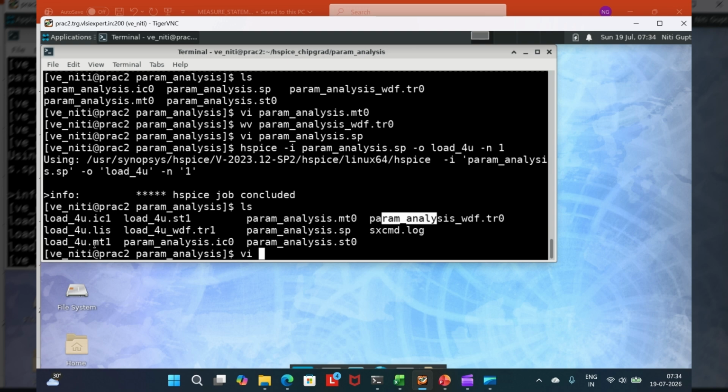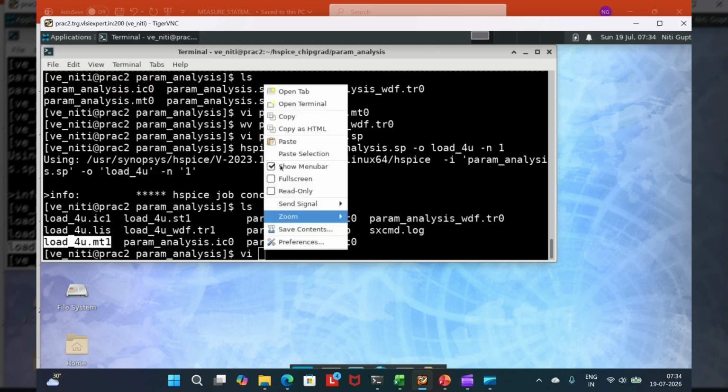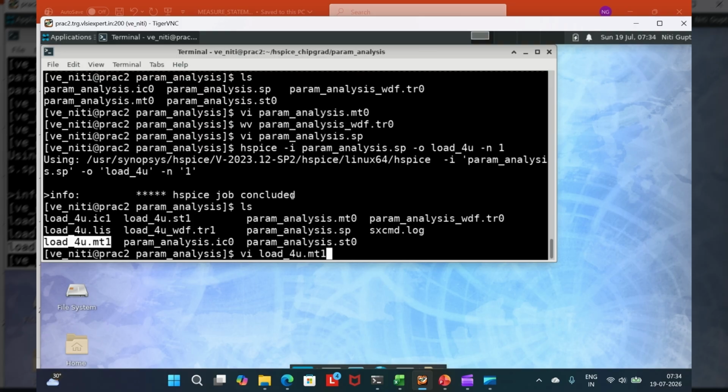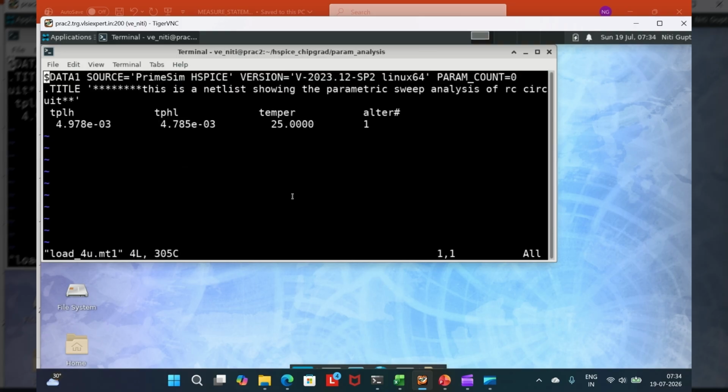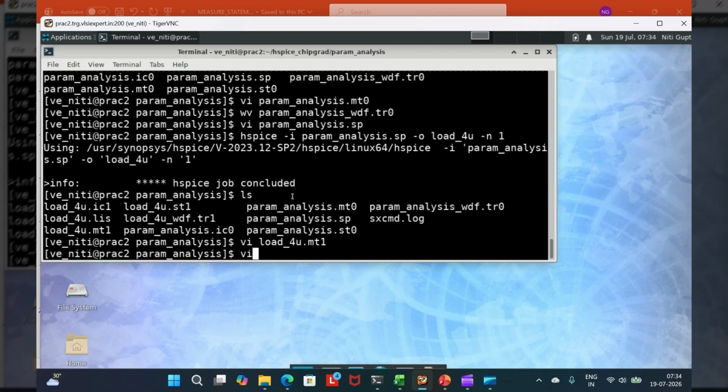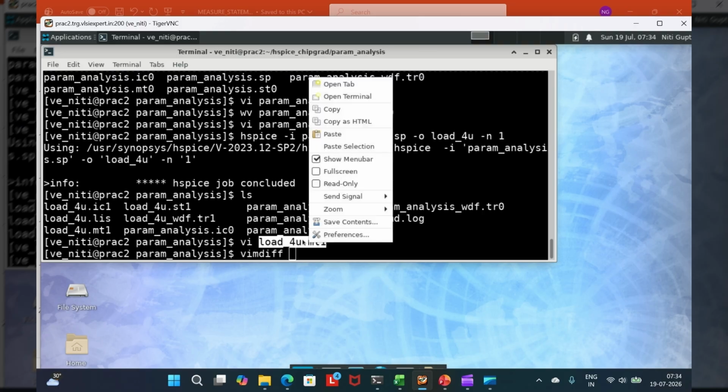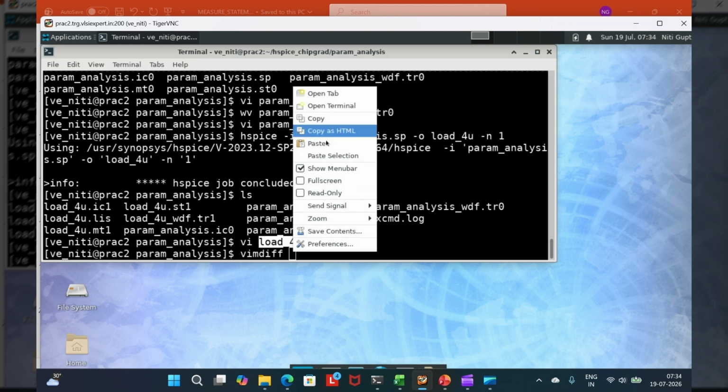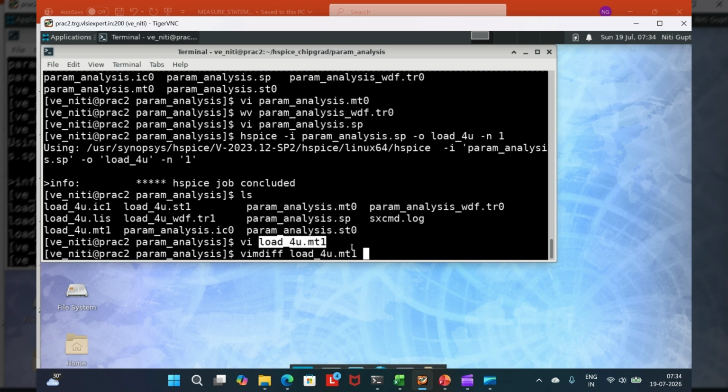Vi. So when my load is 4 micron, what is the measure statement? Yes. So let's compare: when my load was 4 micron and when my load was 2 micron, what was the difference that I was getting?